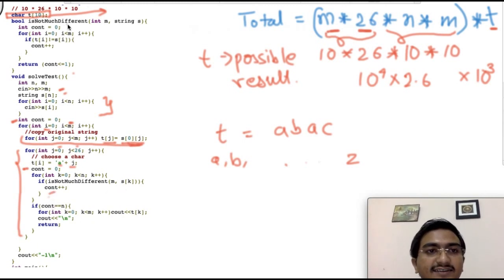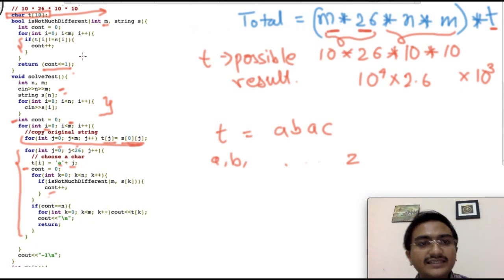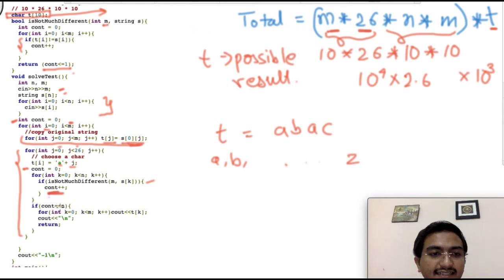What is not much different? I'm comparing the strings s and t, how many places do they differ. If the number of different places is less than or equal to 1, then they are not much different, so it is true, and I'm just incrementing the count.